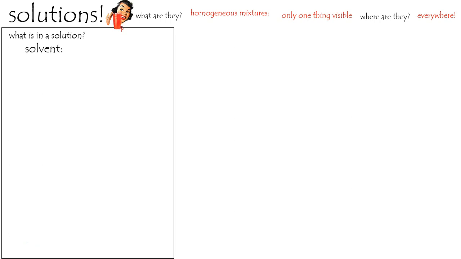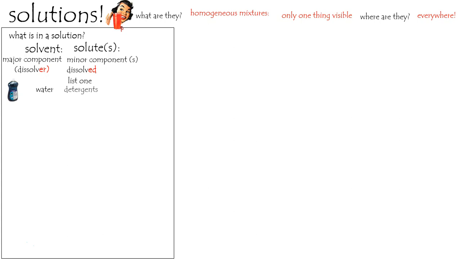The one present in the larger quantity is defined as the solvent. Most people refer to that as the dissolver. We also have a substance, perhaps more, that is a minor component, and one can refer to that as being dissolved by the solvent. If you have detergent, the solvent is very likely going to be water, and the detergents